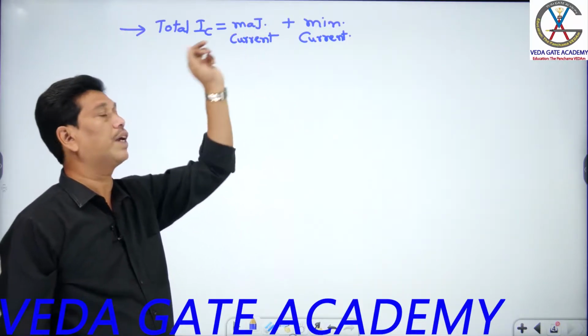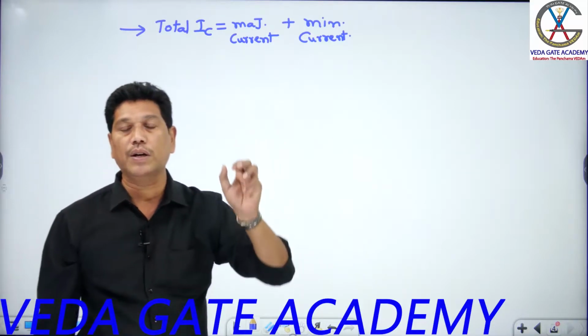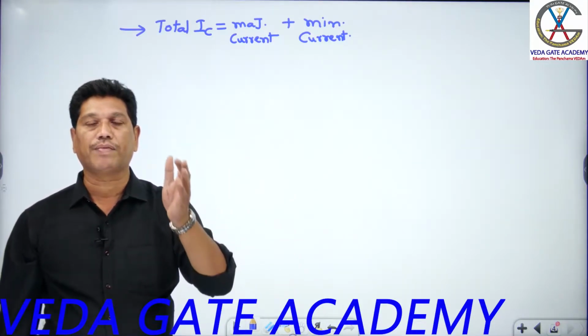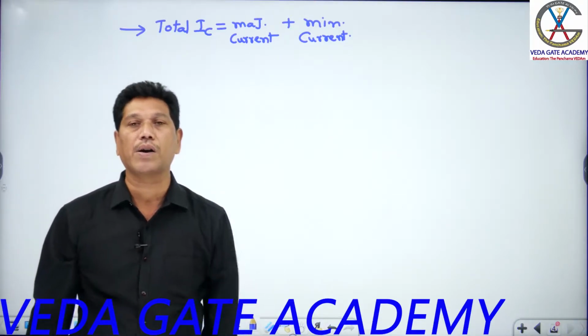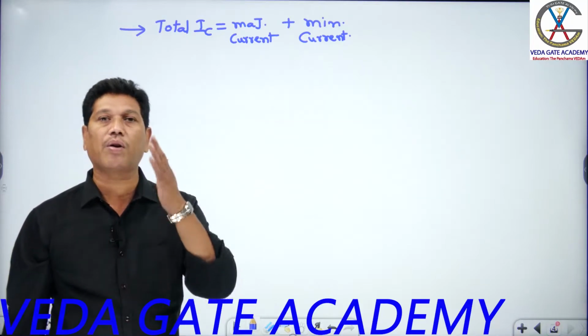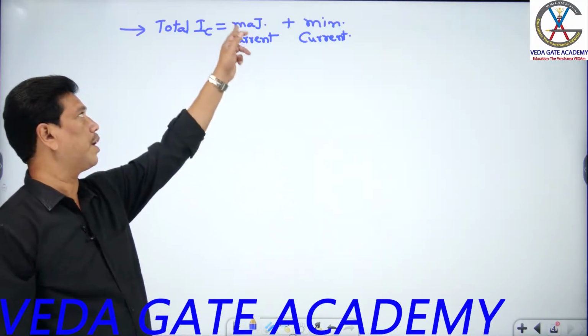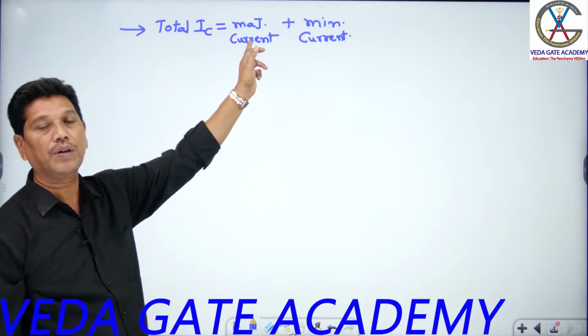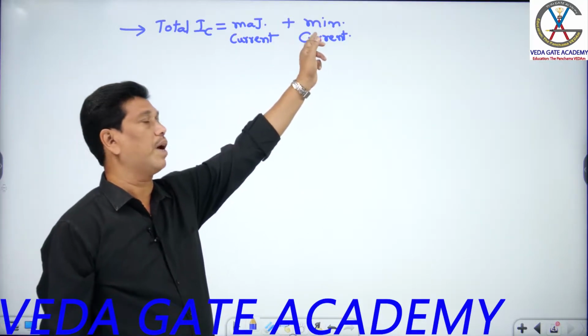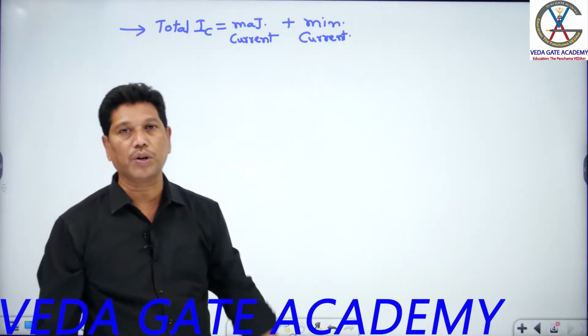Why can this majority current flow, sir? Majority current can flow as a function of input current, according to the current controlled phenomenon, such that the BJT is a current controlled device. So majority current can flow in the reverse bias collector junction according to the current controlled phenomenon of input, and minority current can flow according to the reverse bias nature, students.